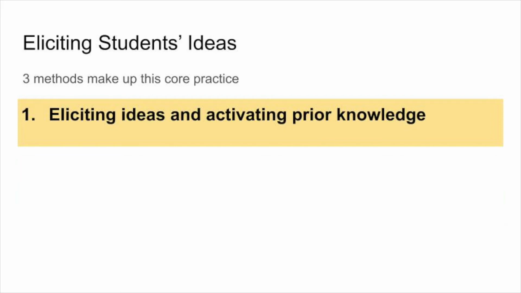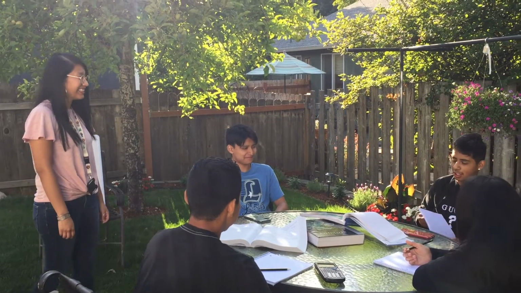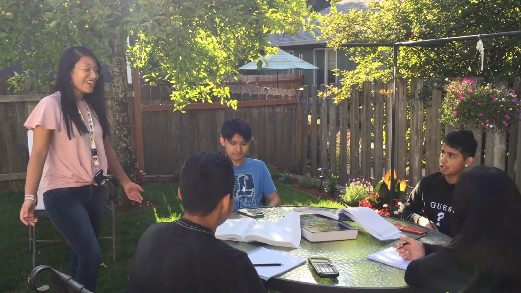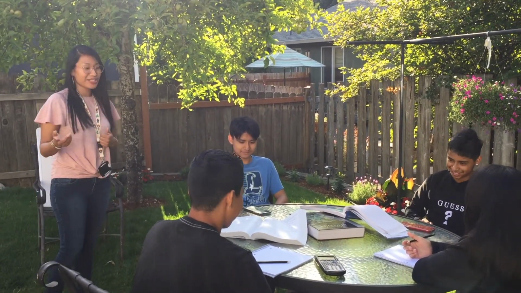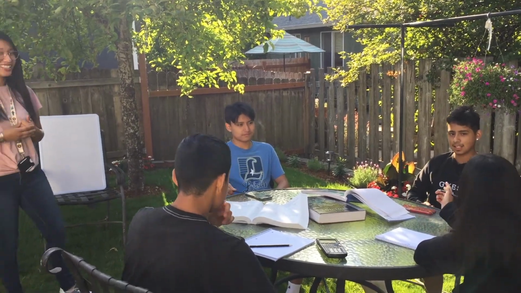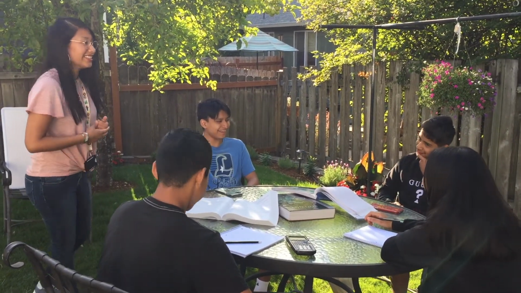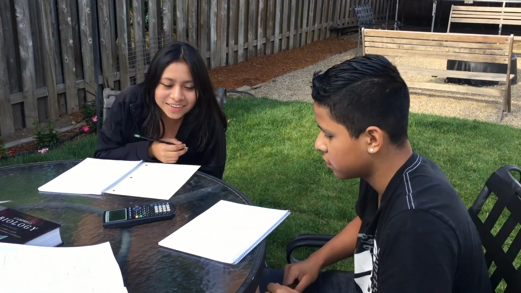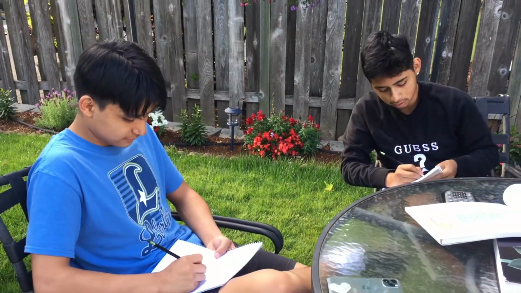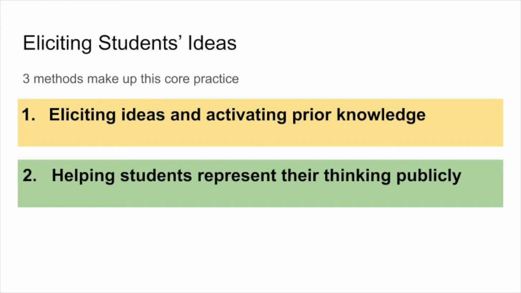For the first method, eliciting ideas and activating prior knowledge, this reveals the resources that students will use to make sense of the science in upcoming lessons. And this takes place at the beginning of a science unit and can take the form of group discussions around a big science idea, formative assessments, and so on. By activating prior knowledge around a big science idea, the teacher can understand where students are starting from and allows students to participate in sharing observations and building hypotheses, which leads us to the next method, helping students represent their